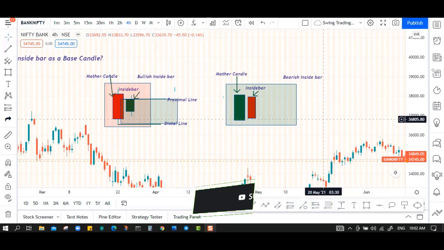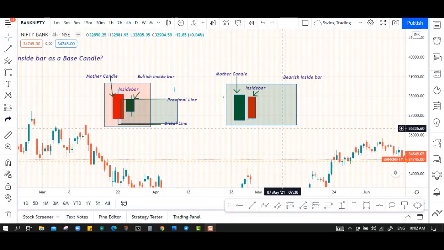So now let us see the bearish inside bar as a base candle. This bearish inside bar occurs either with the trend or at the top of an uptrend, and it is considered a reversal pattern every time. So when it happens at the beginning of a strong move, whenever you see big bank orders, it becomes a basing candle and it allows us to draw a supply zone using the distal line and the proximal line. Okay, how can we draw the distal and proximal lines here? Let me show you.